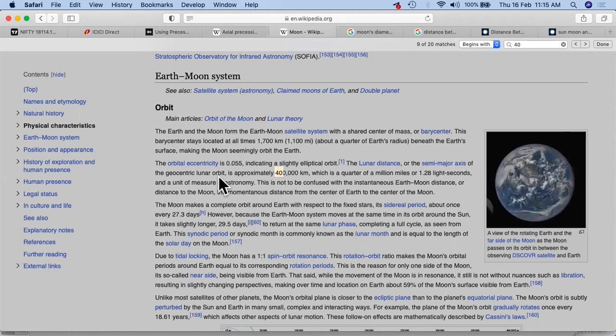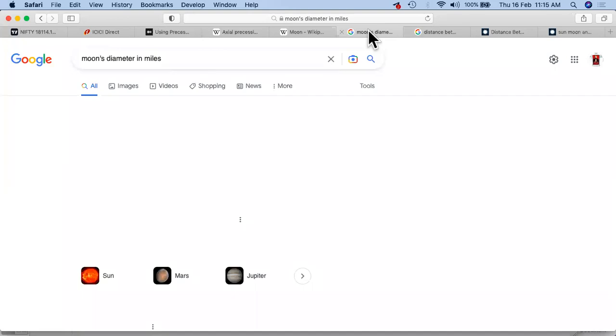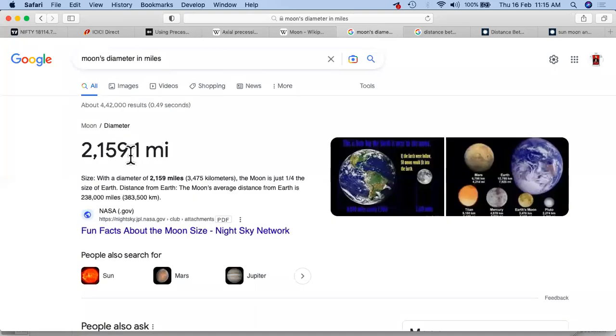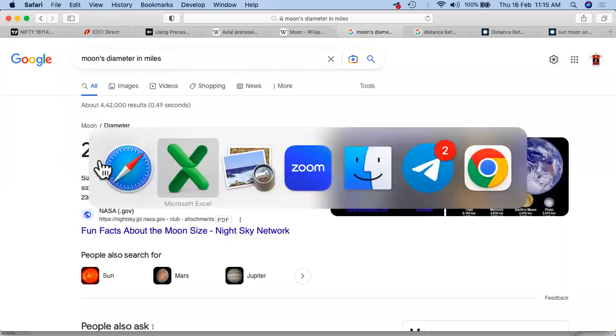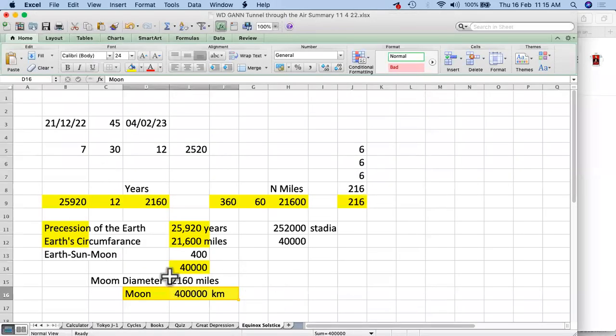And if we see further, we'll find some more details. The Earth's moon's diameter in terms of miles is 2159.1, so it is again about 2160. Again, we are just making a note. These are all numbers which have been repeating: 216, 216. Again, the moon's diameter.